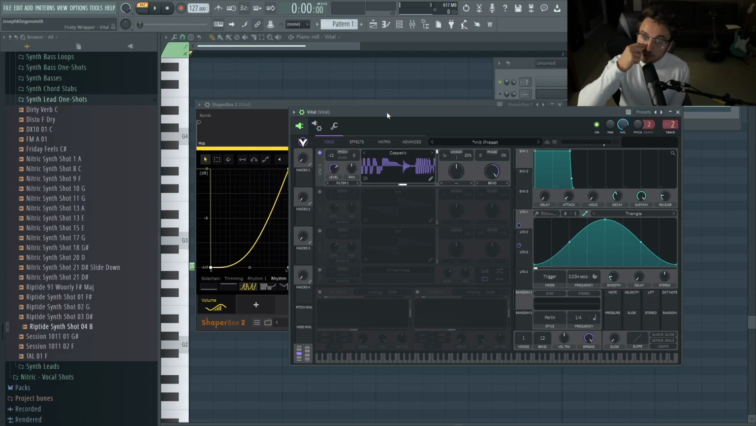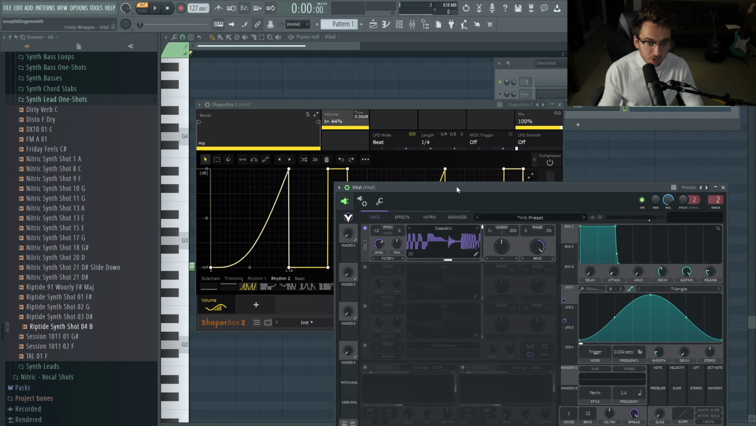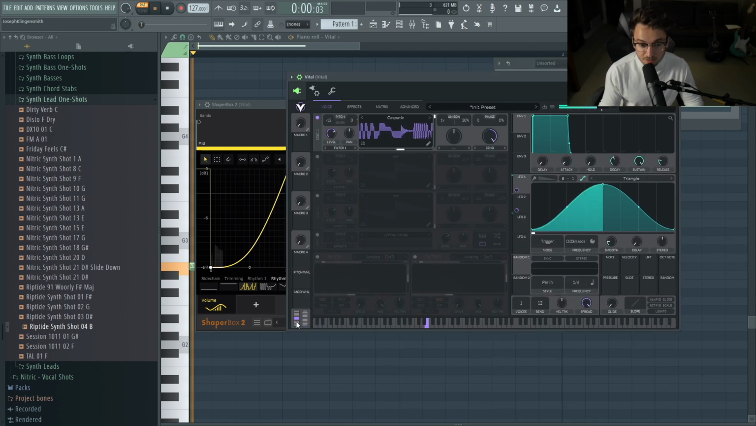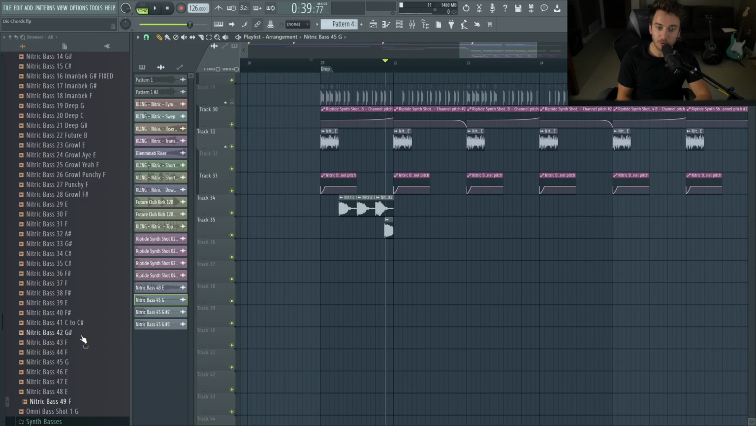So I just grabbed the wavetable inside of Vital, threw on a shaper box, and I got something like this. This is just a start to something, so I'm going to make something in this, and then hopefully, if I make something cool, I'm going to transfer that back over to the other project. So in that project, I just made a few bass shots. Some of them aren't really basses, so to say, but